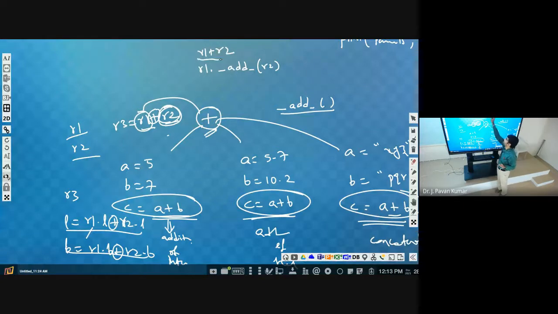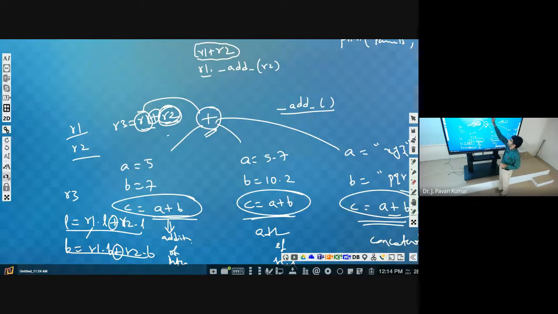R1 plus R2 will be interpreted as using R1 to invoke this. How can we invoke a function? By using the dot operator. So R1 dot, and the name of the function for plus is underscore add underscore. Then R2 we provide as the argument.